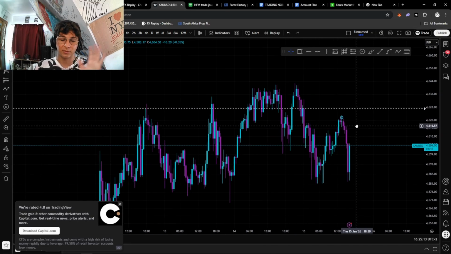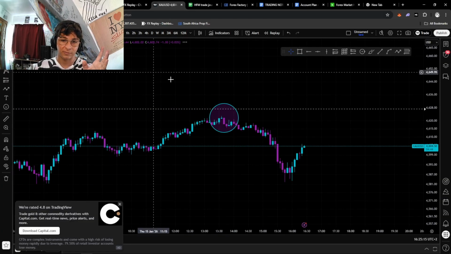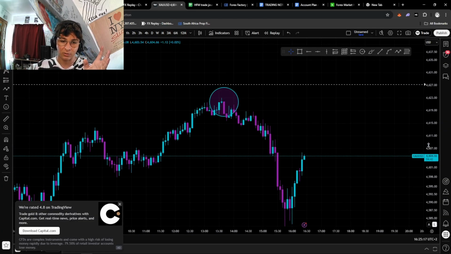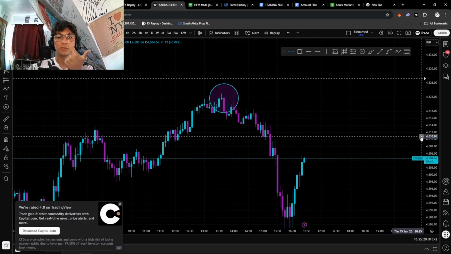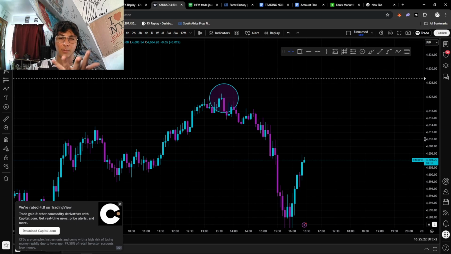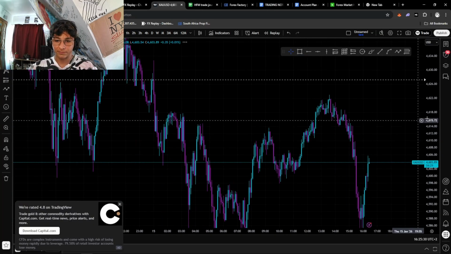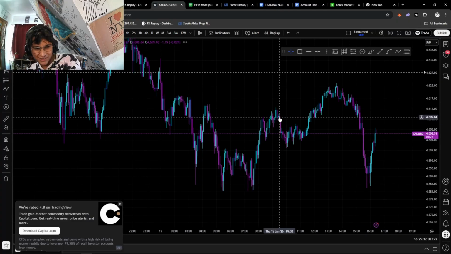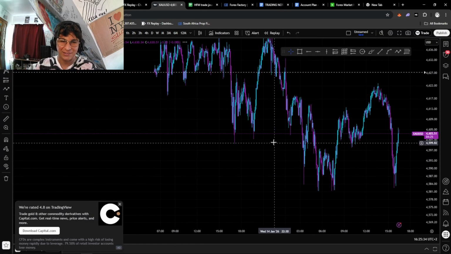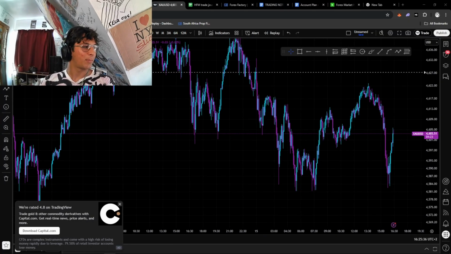Second, and the biggest reason that we even lost, was because we forgot to enter off of a 5-minute confluence, like break of structure, liquidity sweep, fair value gap, inverse fair value gap, breaker block, order block, any of those confluences. We just completely forgot. I'm sure there was another reason, probably, but you guys get the point by now. A bad trade technically today, not very good execution, but at least we got to take a trade.